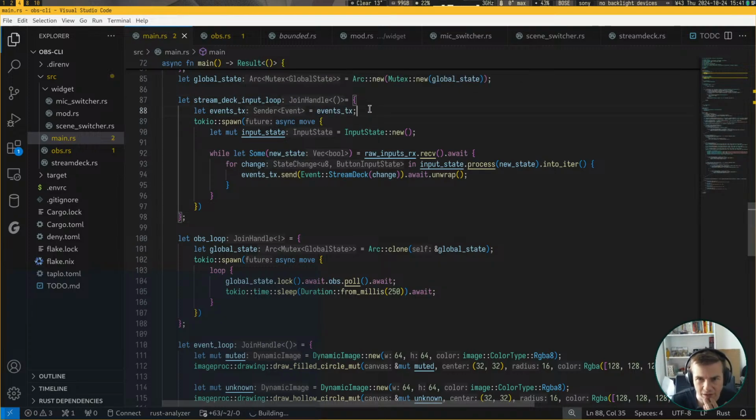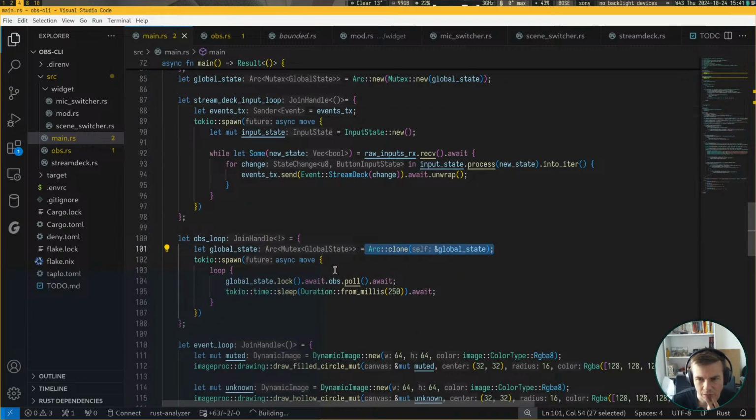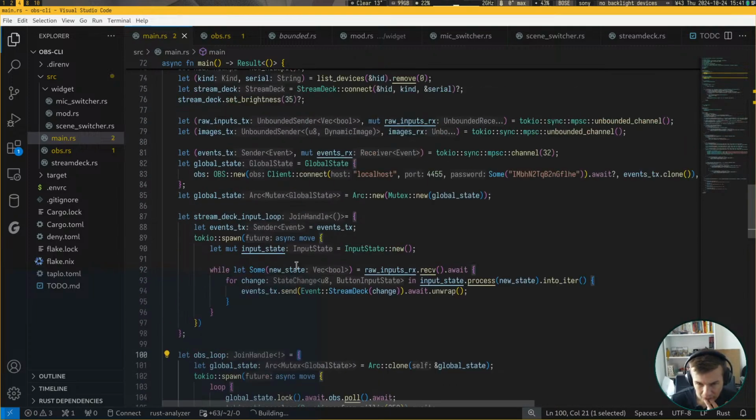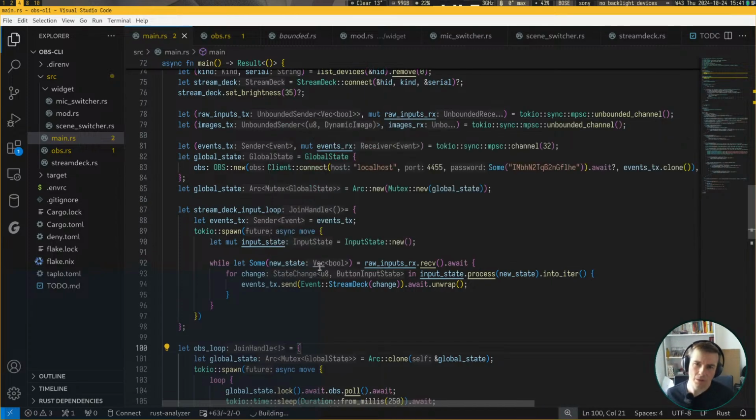I think it's totally fine. It's even easier, by the way, so we don't have to introduce a scope to clone stuff. Yeah, that's right. So we're going to be spawning